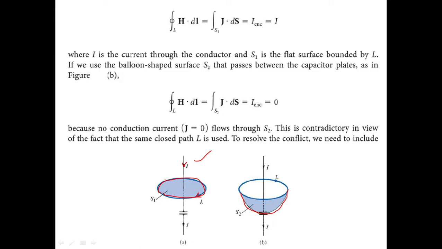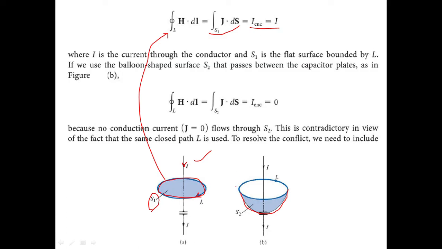Now for the first case, that is for this figure, consider this equation. The closed integral of H vector dot dl vector should be equal to I, and here we are applying that this I can be written as the integral of J dot dS. This is for surface 1. Surface 1 is this one, right? So the current flowing through that is I, or I enclosed. So I think you have understood this one. This we have discussed when we discussed Ampere circuital law also.